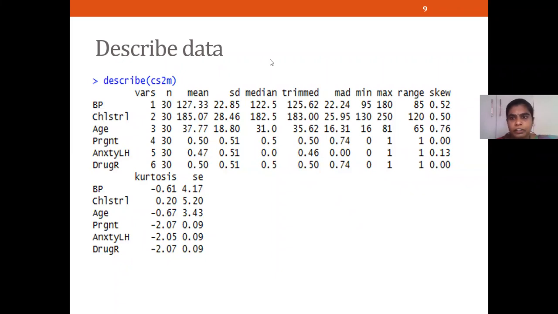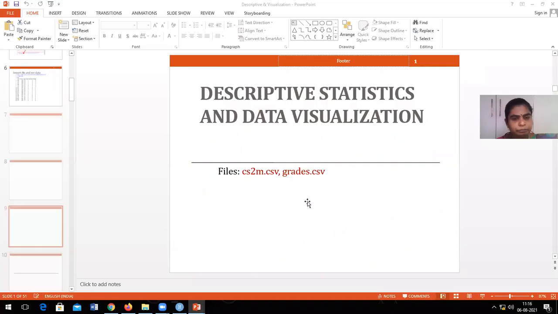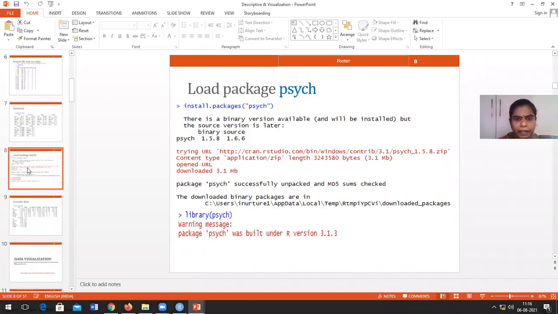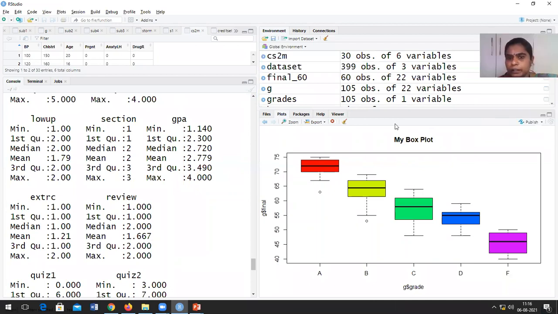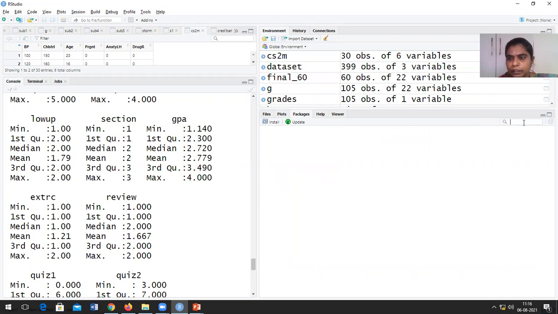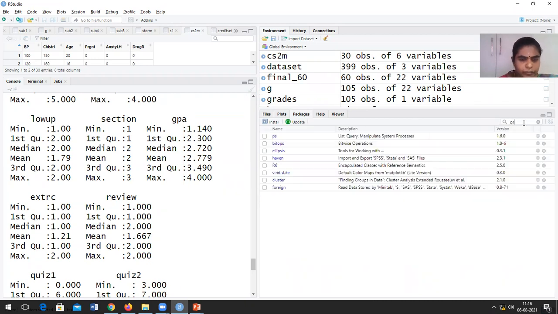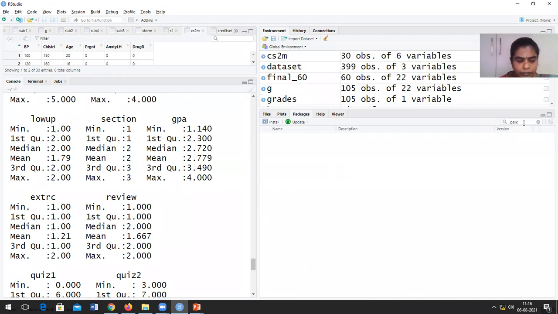So let me also check in my system whether I have this particular package. I'll go to my RStudio, then I'll go to packages and here I can just check. This package is not available.